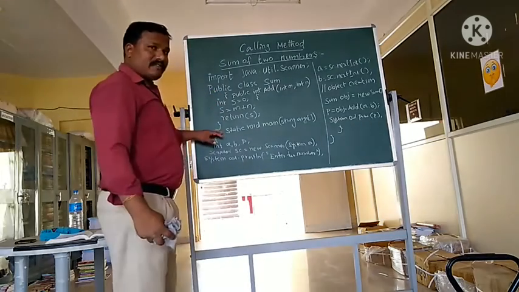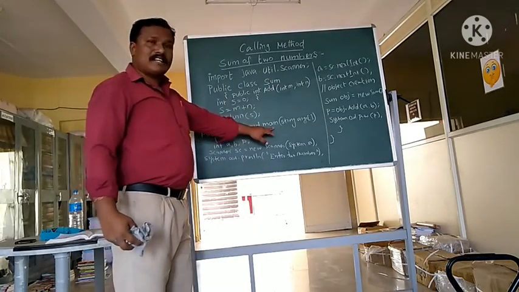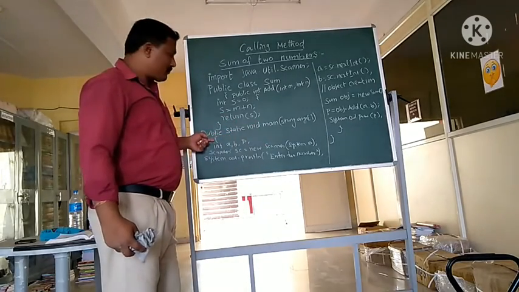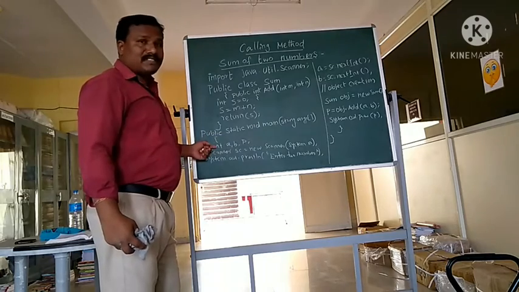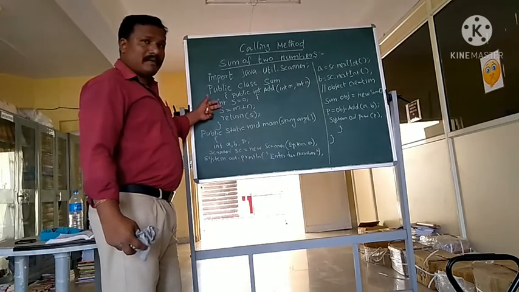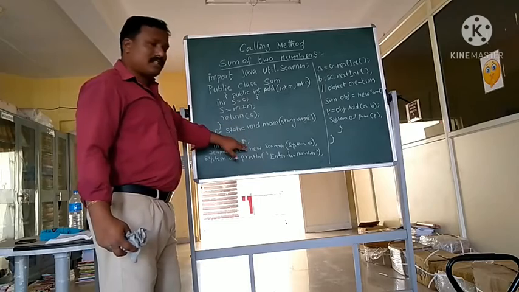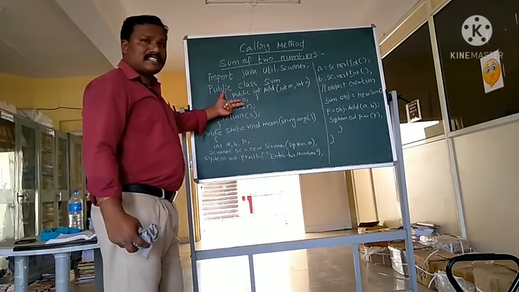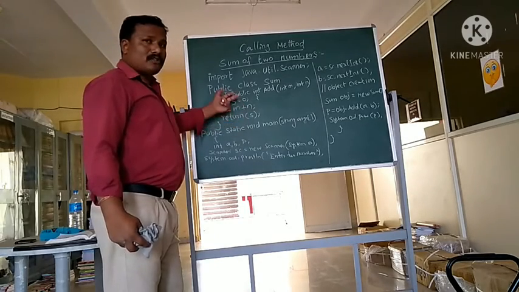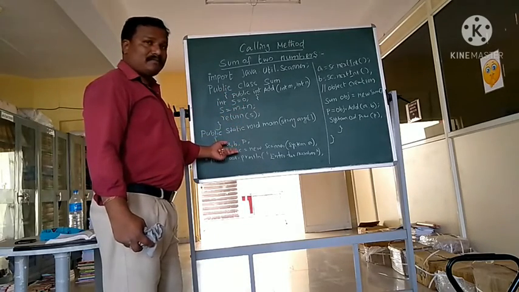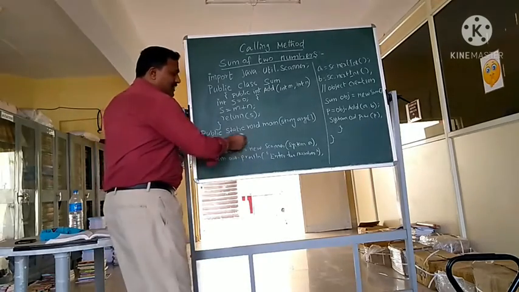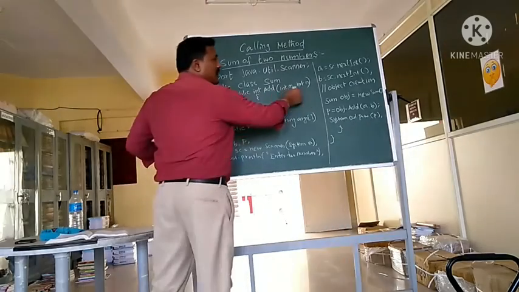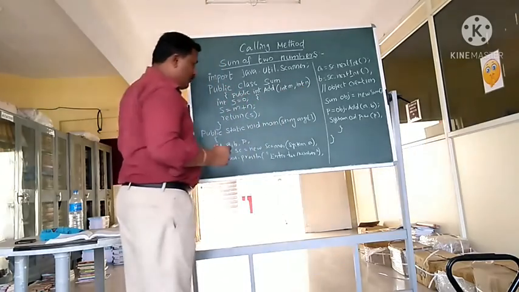Then the main method starts from here. Public static void main, string, it's the main method. After the main method, open curly bracket. Here we used a class variable. Here, an instance variable. This variable we can't take and use here, in this class, because it's different, no? So we have to initialize it separately. This variable we call a class variable. This variable we call an instance variable. And this we call a formal parameter. I told you in the previous class.